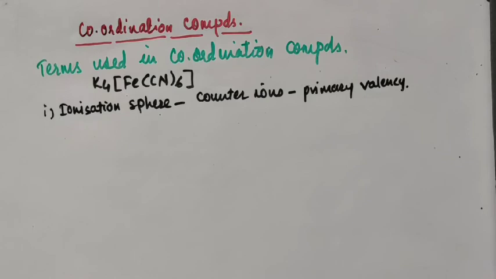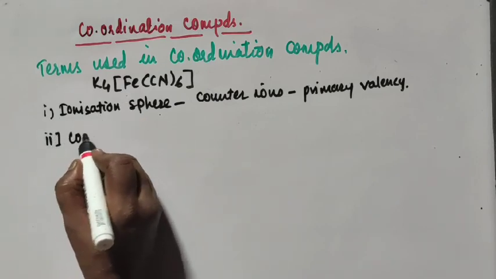So the ionization sphere is the outermost sphere in which the ionizable part is present. All the ions present in the ionization sphere are completely ionizable in aqueous medium, and so they show the primary valencies of the central metal atom or central metal ion. Another one